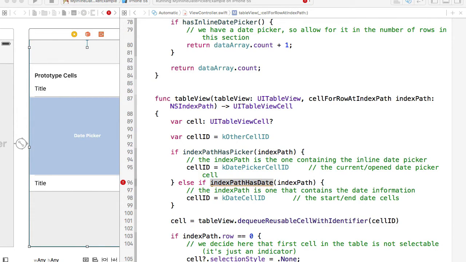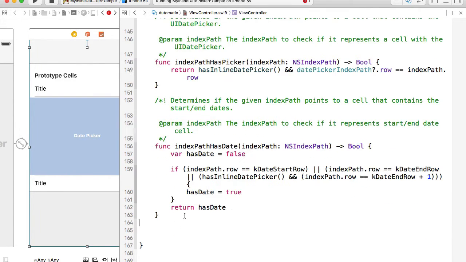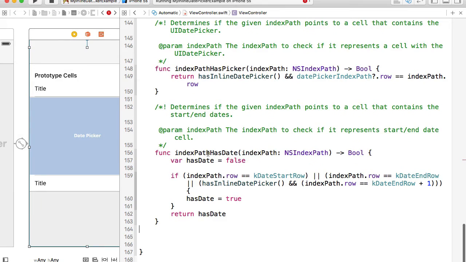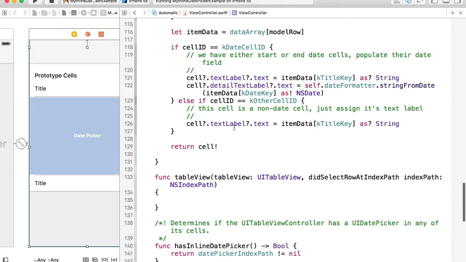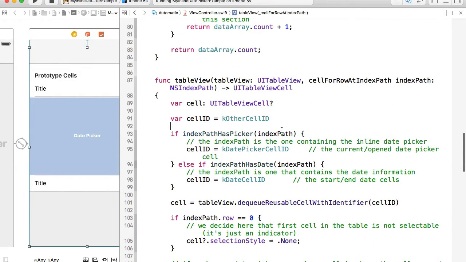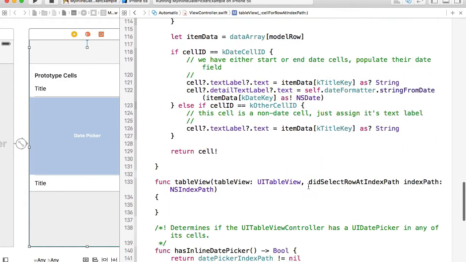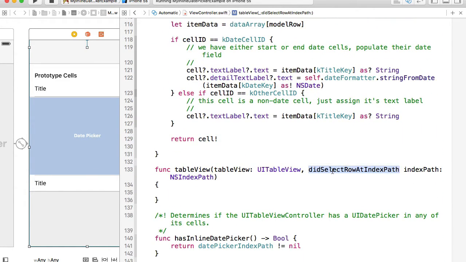I'll copy next function. Okay, index path has a date. That one is here, so no errors. Okay, no errors. Okay, so now we will move on, and we have another function which is DateSelect row index